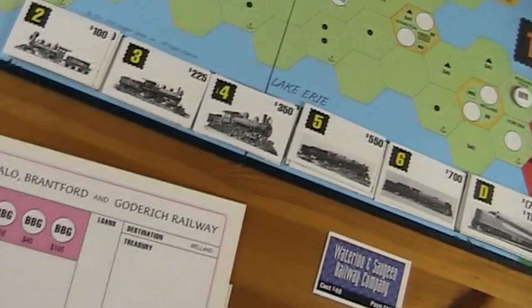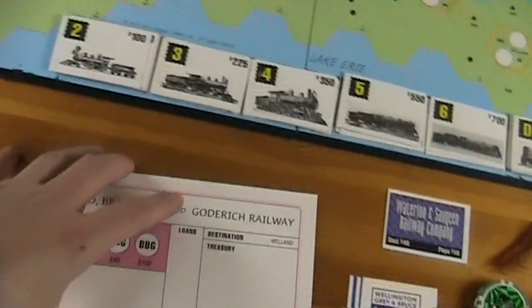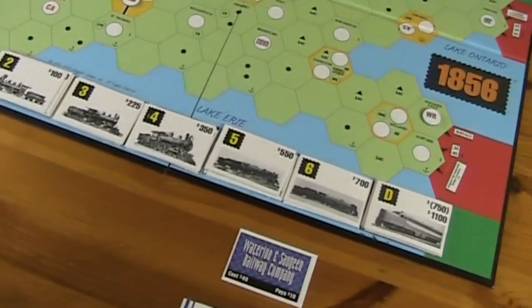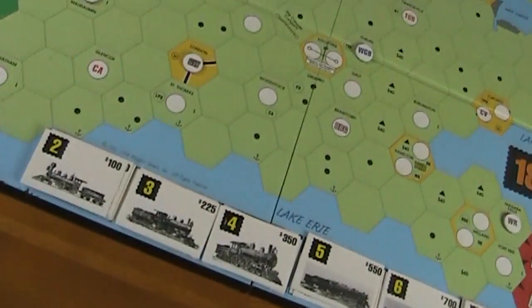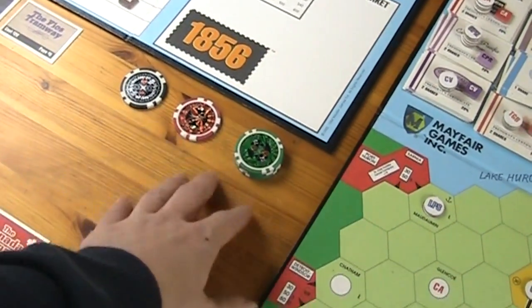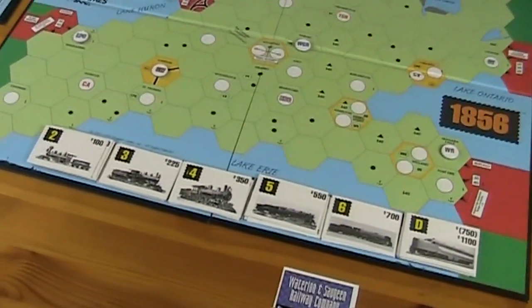The other interesting idea I'm having is, now that I see here that the trains are going to fall pretty quick, maybe it's actually a good idea to pass for now. And maybe invest in something else in the next turn. Or